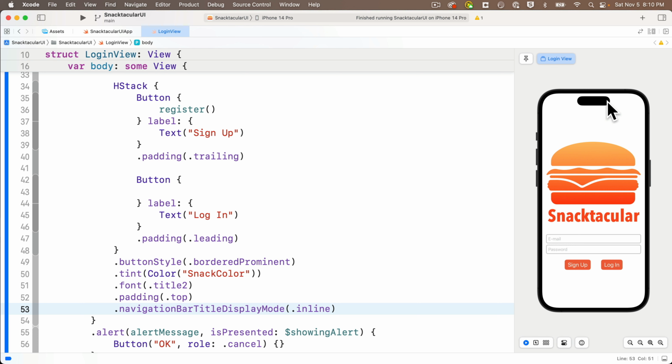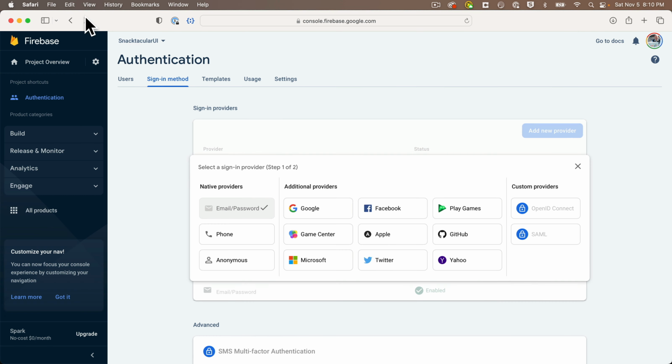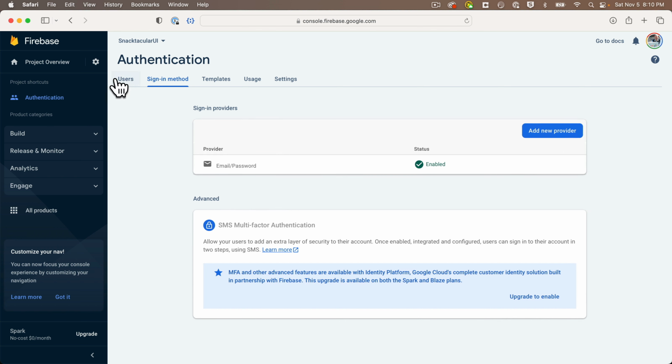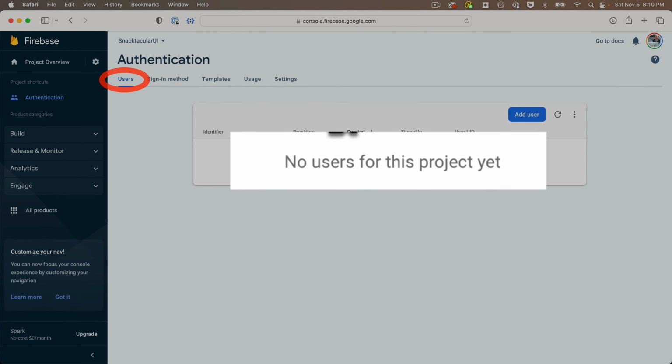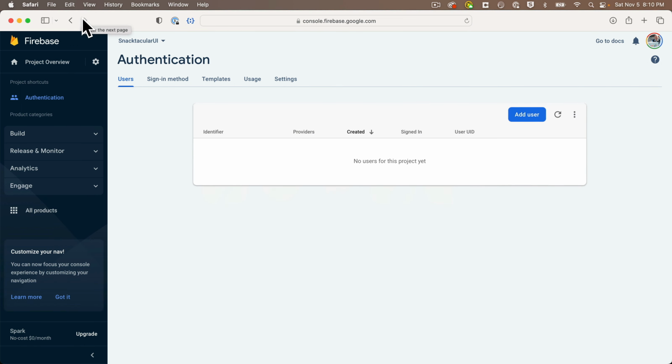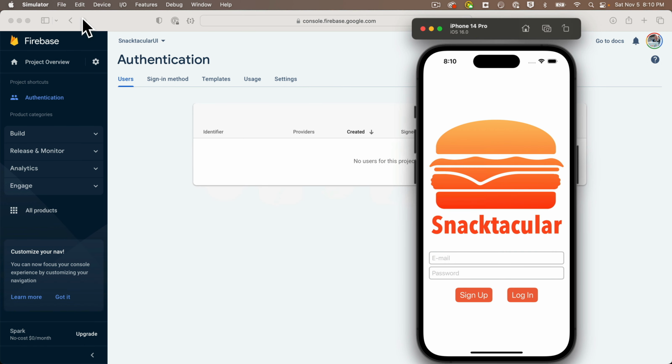I'm going to click on the play button and run in the simulator. Then I'm going to head to the browser and take a look at the Firebase console. And in the authentication area, click on the users tab. And currently we don't see any users in here, but we're about to sign up our first user and they'll eventually show up here. But first let's head over to our app, and our interface isn't completely built out yet,